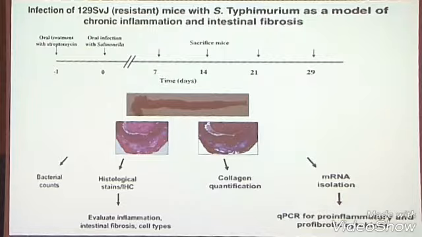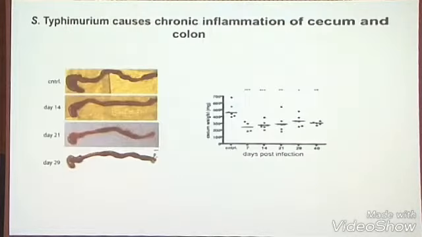So the idea is to use the gastrointestinal models we pre-treat with antibiotics, and then we're just going to follow over time what happens in the intestinal inflammation. And we're going to quantitate in a whole bunch of different ways. One thing we saw is that the Salmonella causes this chronic inflammation over a long time period, 40 days plus. One of the readouts of disease is basically to measure how shrunken the cecum is. The more shrunk it is, the more disease you have.